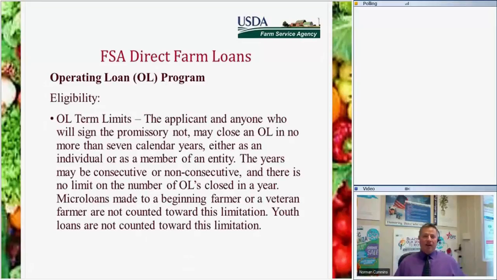So as far as the term limits, basically, if you're going to use the money to buy, let's say, a tractor, you can get that financed for up to 7 years with an annual payment every year from the close of that loan. If you're going to cover the cost of seed or fertilizer for your crops itself, you're looking at basically an annual loan, which is a year. So that's just something to think about.